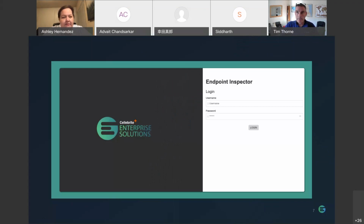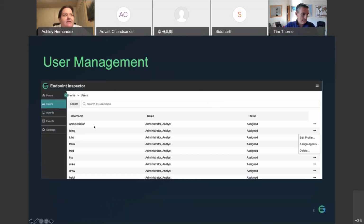All right, so when they first log into the web server, this is how they would be able to connect to see which systems they are able to manage on the server. So if I was an administrator, I'd be setting up users or examiners that are going to work in the system, and I might also be managing which agents we have. So as you can see within the web here, this would just be their online server for Endpoint Inspector. You're going to have your different